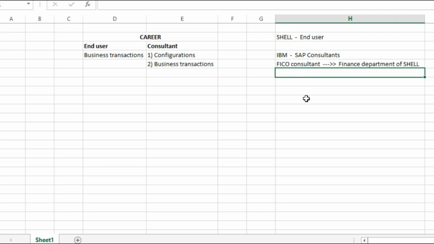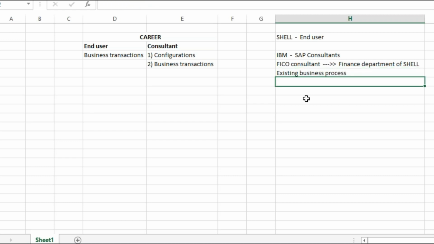See, what is it that we are going to do in the SAP system as a consultant? Nothing magical, nothing out of the world. All that we are going to set up and configure in the system is the process the end user is following. It's very important for me to understand the existing business process.